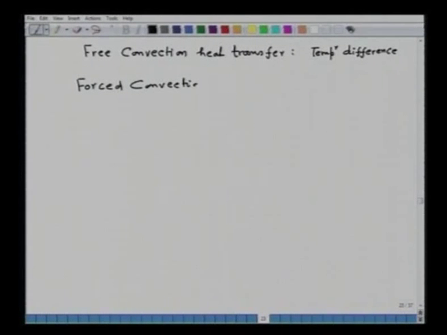And in forced convection, we forcibly move the liquid, for example, by a pump, or in the case of gases by a blower or fan. So, here some sort of force is applied for the movement of the fluid to occur. So, this is in fact forced convection. Now, both free and forced convection can be quantified in terms of the heat transfer coefficient, in the equation